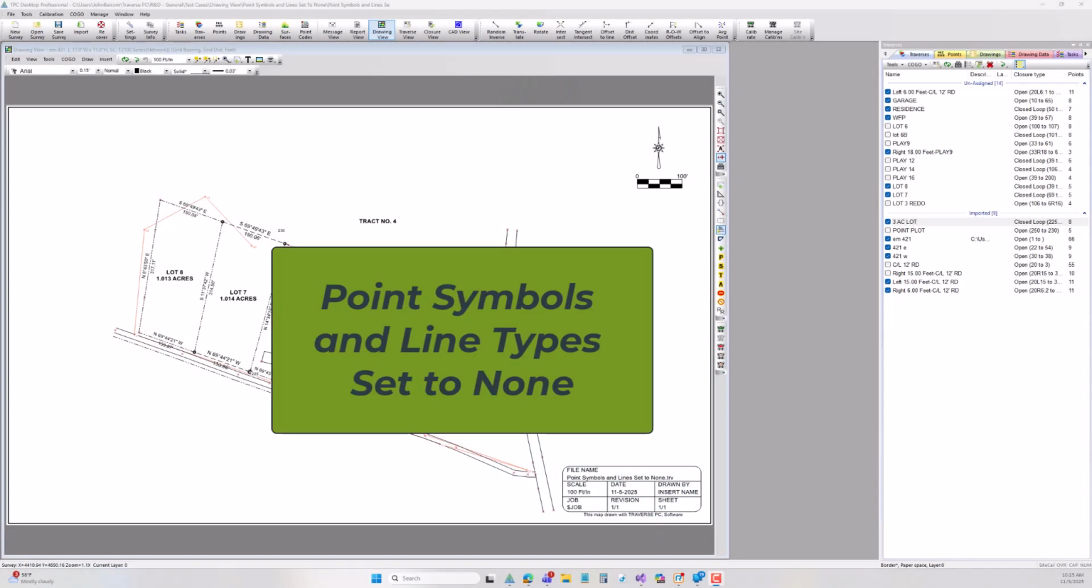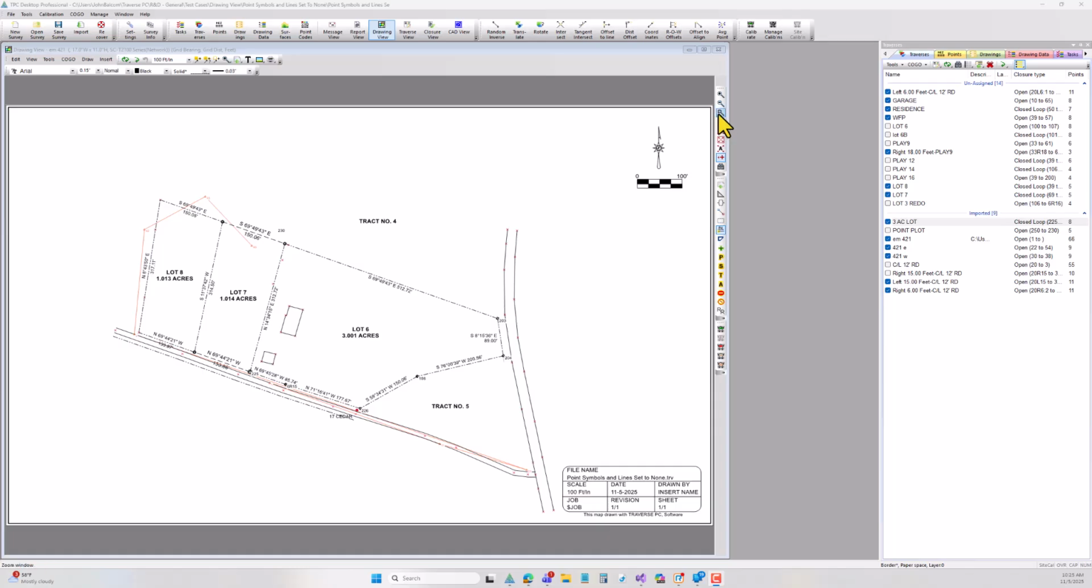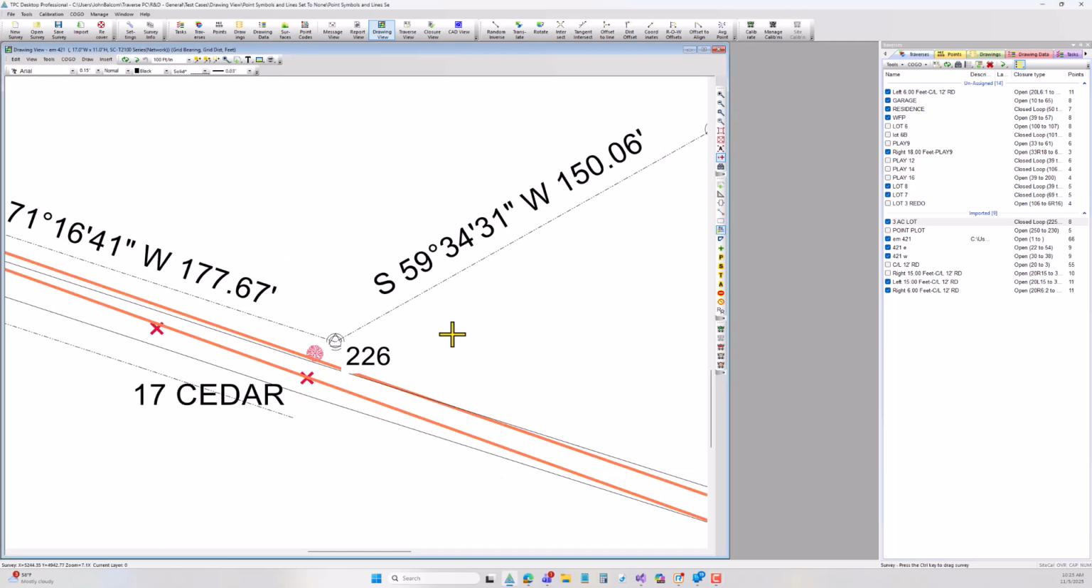In this video, let's take a look at some tools that are new in TPC Desktop 2026 to help users who find themselves setting point symbols and line types to none. Now I'm going to zoom in on a section down here. Best practice for Traverse PC is to understand that these symbols and line types get created by what are called